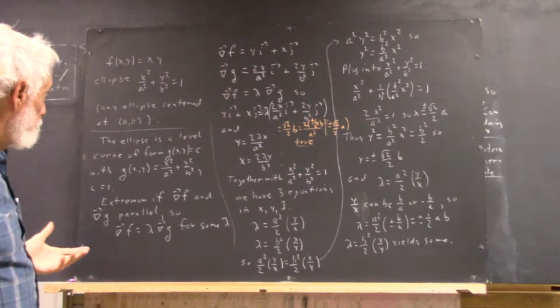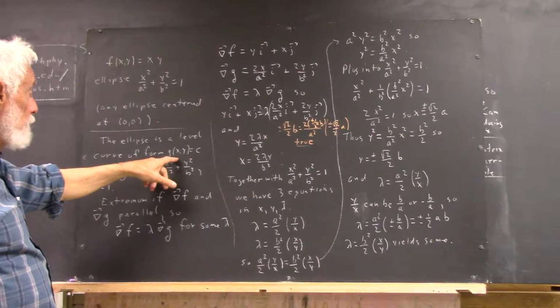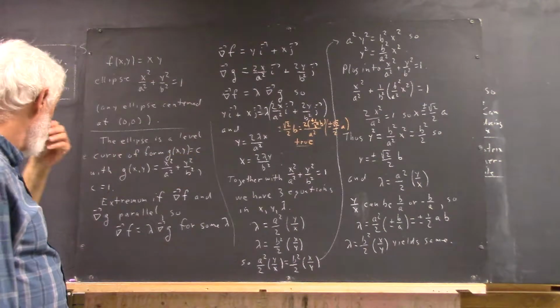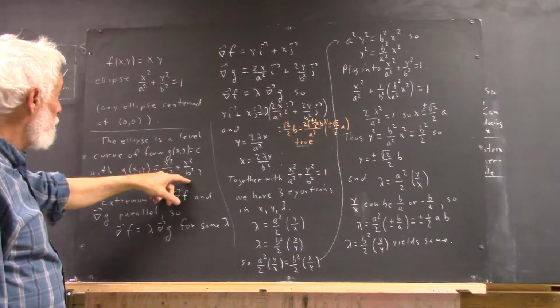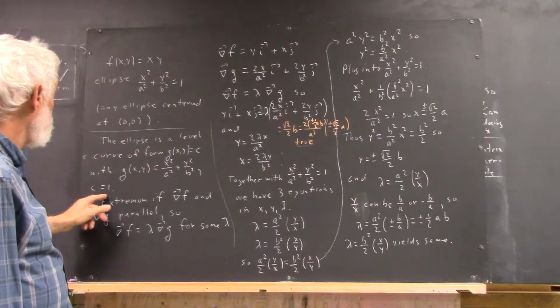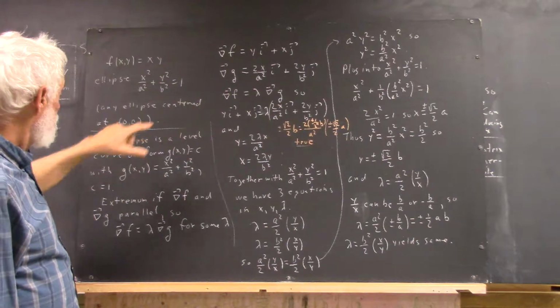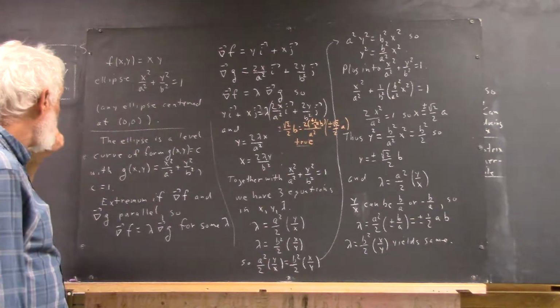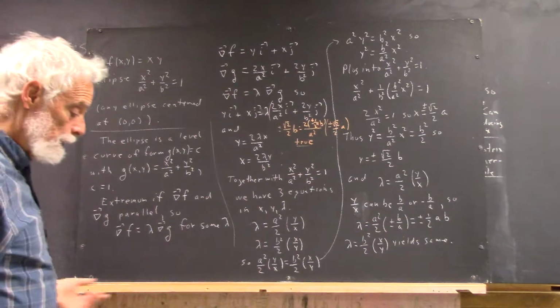Okay, well, then we observe that the ellipse is a level curve of the form g of x, y equals c, where g of x, y equals x squared over a squared plus y squared over b squared, and c equals 1. That's a level curve of this function for c equals 1. It follows, by all the arguments we used previously, that the